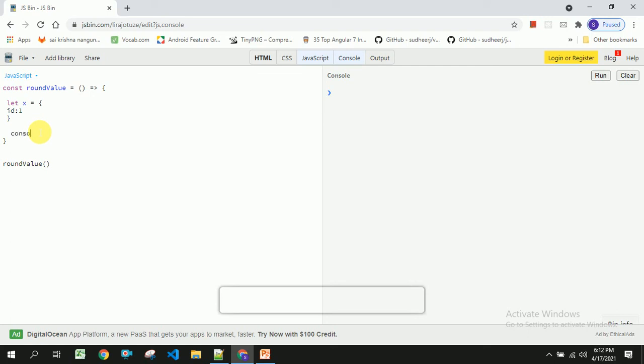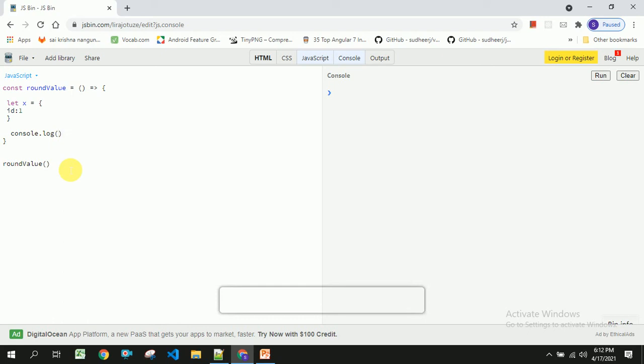Now I am going to check whether this object is an array, whether the value of x is an array. Sometimes we can get some value that might be array or object, and there must be a scenario where you want to check whether this particular id property is an array or object or a string, like that. So in these scenarios it will be very helpful.